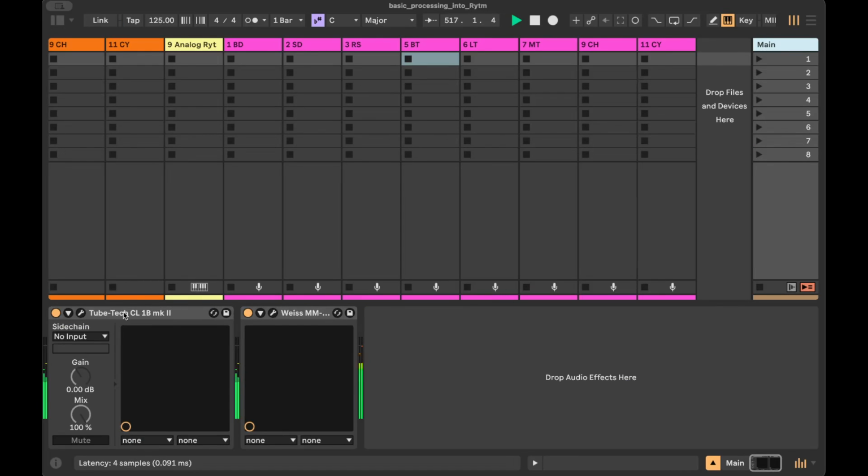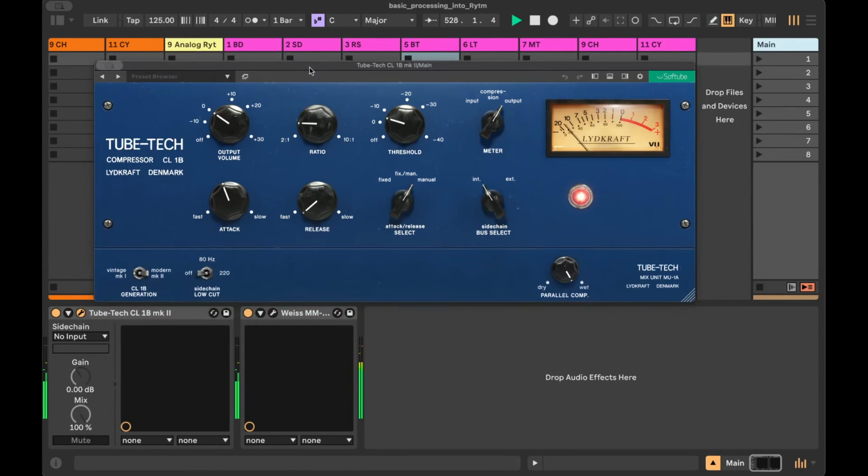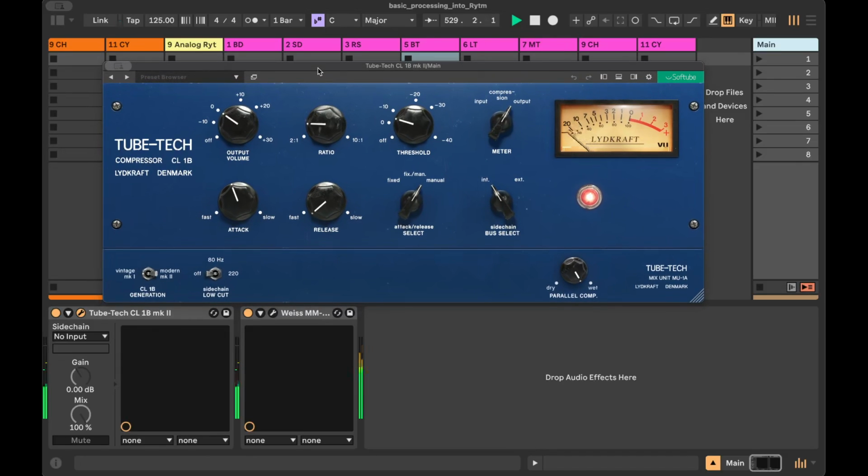Which is worth mentioning, the main. So what I've got on the main in Ableton Live, just so we're clear how much of this is the Analog Rhythm? Well, not much, or quite a bit, depending on how you look at it. The SH101's the sound, and then the weird processing in clicks and the delays and effects is the Rhythm. And then we've got the Tube Tech from Softube, which I'm a big fan of. I'm a big fan of Softube's